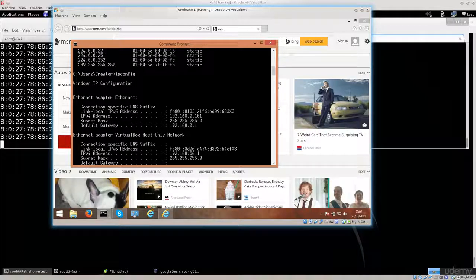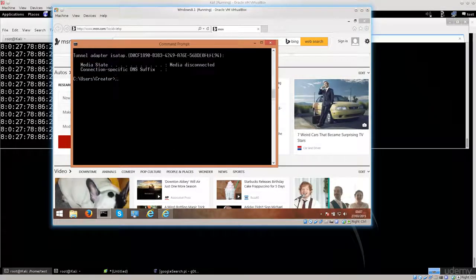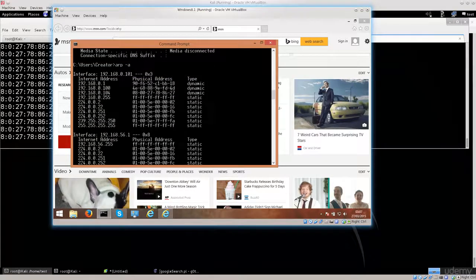192.168.0.1. I can't select things on this wretched CMD, which is completely inferior to the Linux terminal, but what can I really do about it? Anyway, type in ARP -a, scroll up to the top, and you will see that there is an IP address 192.168.0.101. Now, in the Linux, we have been able to establish what is the default gateway, and the default gateway